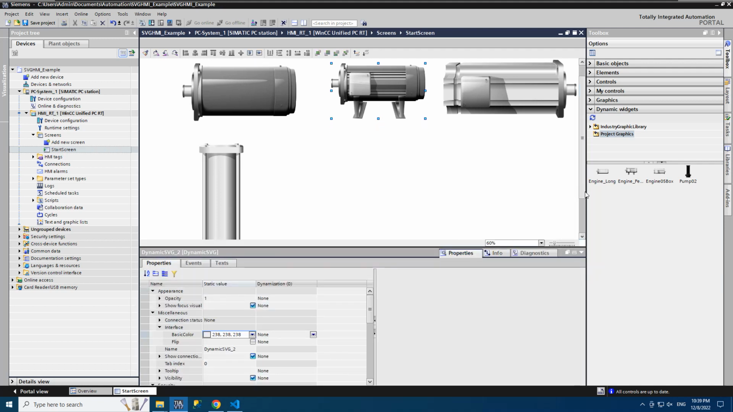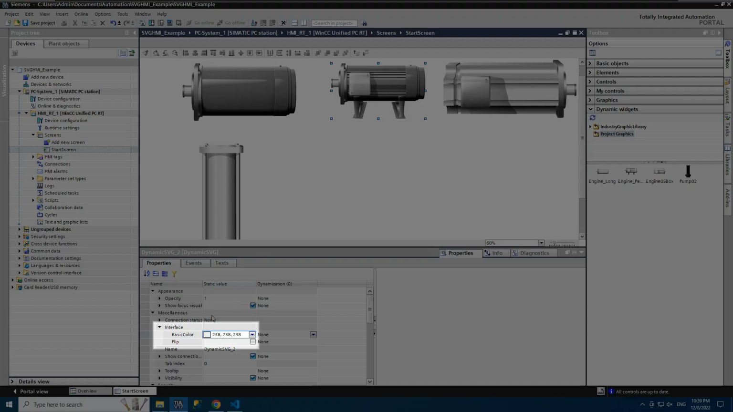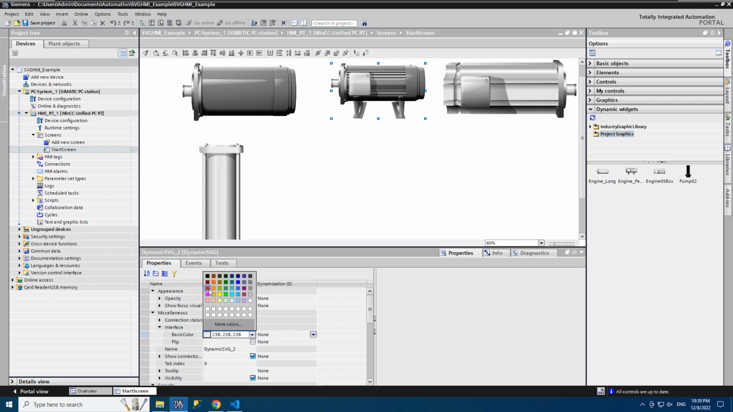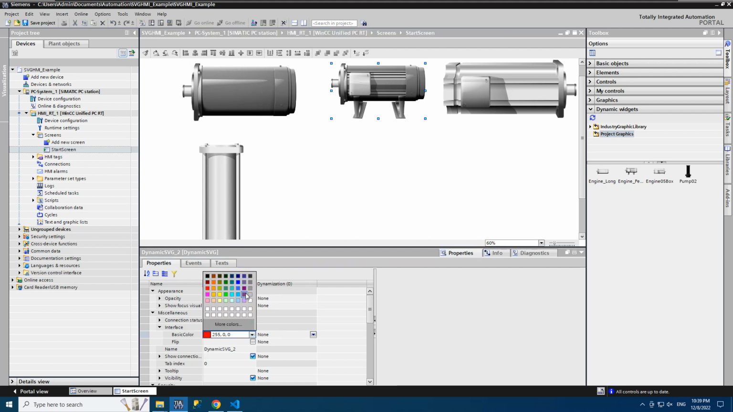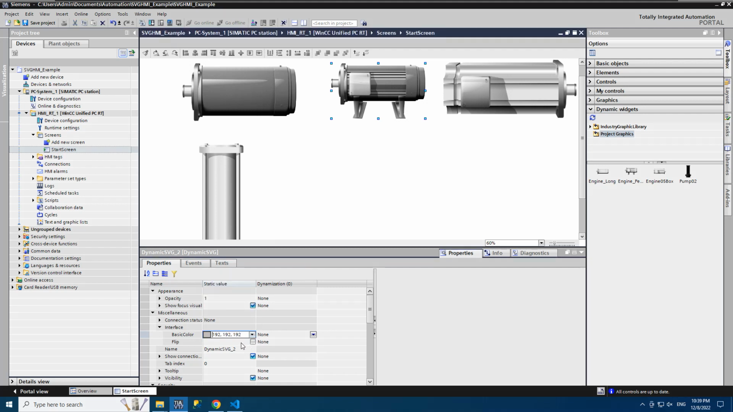Look at another feature. By default, Converter adds the following interface properties: basic color and flip. Basic color will not work here because we didn't attach it to any element. I'm changing color, but it does not apply to the motor. This basic color interface property is added by default to any widget by Converter, because WinCC doesn't permit widgets without